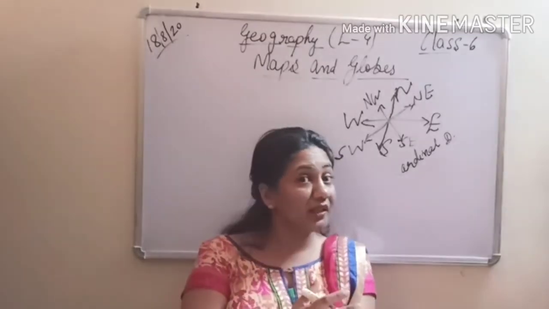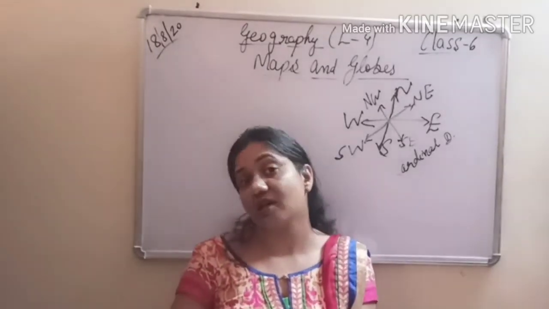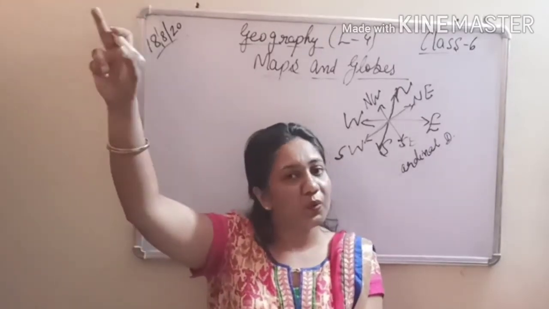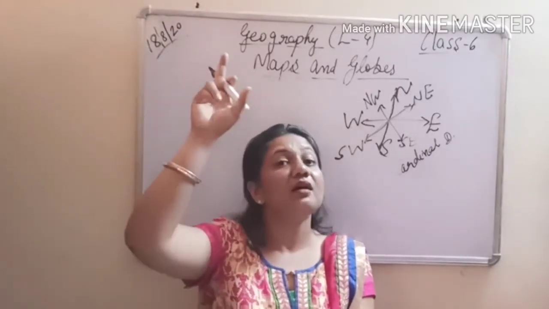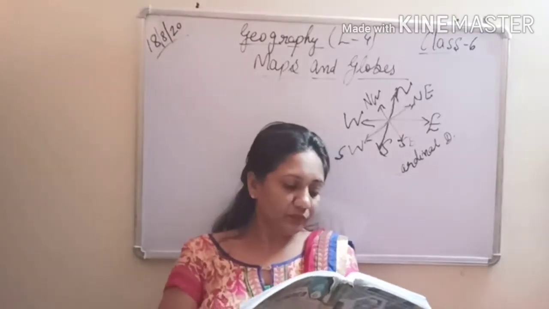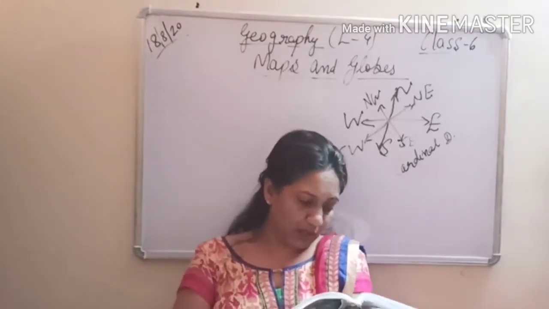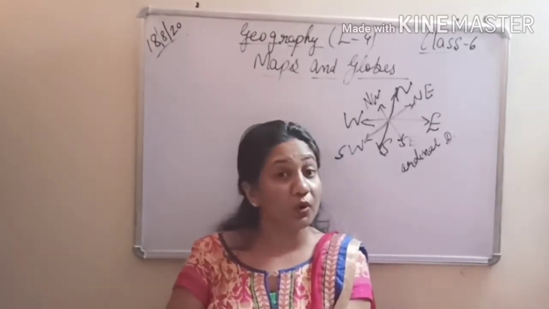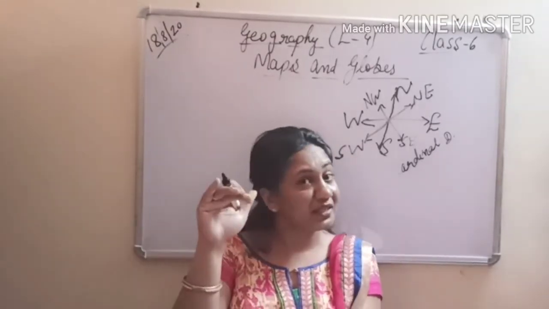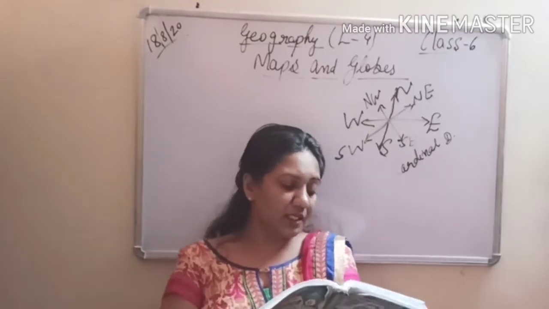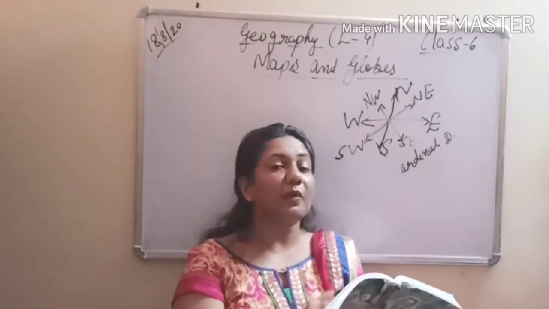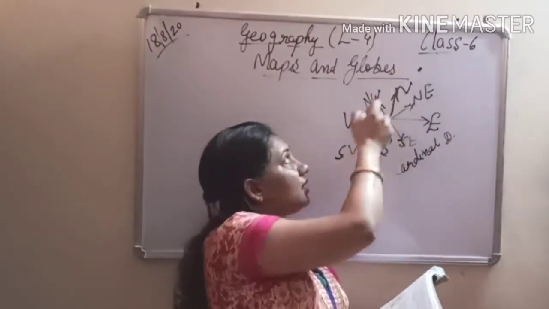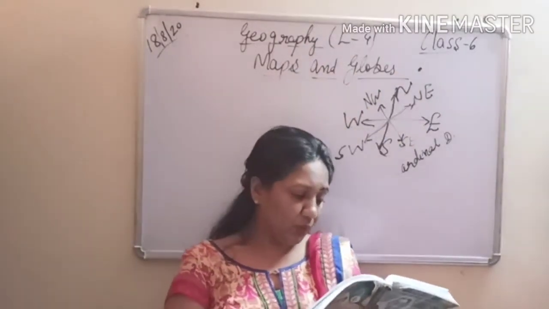Now that was during the day, when we can calculate through the sun, but in the night we have to look at the pole star, which always points towards the north direction. We have read it in chapter 1. The pole star is located vertically above the north pole. Where is the pole star located? Please underline: it is located just vertically above the north pole. So somewhere here it is located vertically above the north pole.